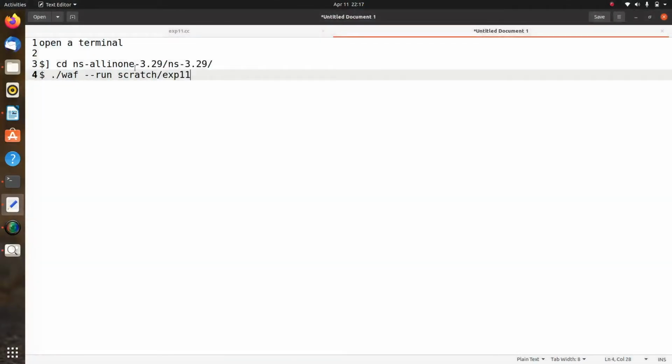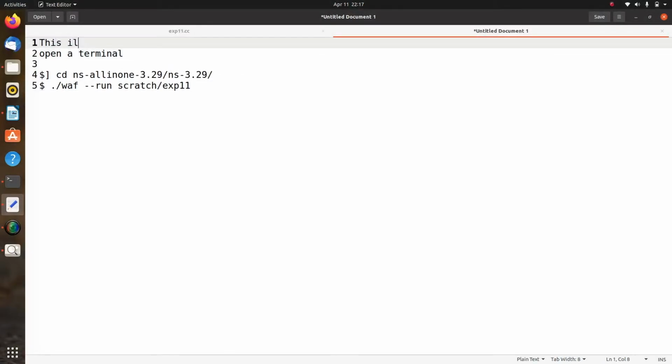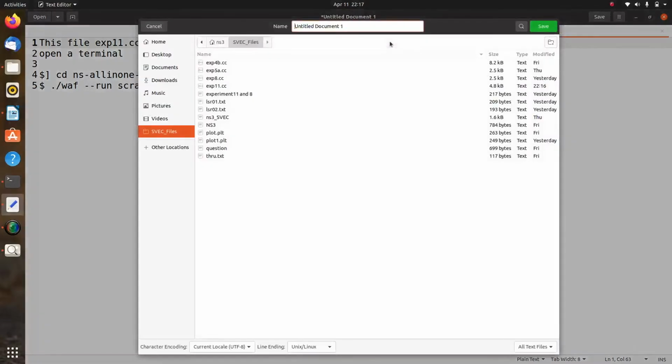So first thing is this file exp11.cc has to be stored in the scratch folder. So this is the ultimate requirement of it. So in ns-3.29/scratch, in the scratch folder, this file has to be stored.